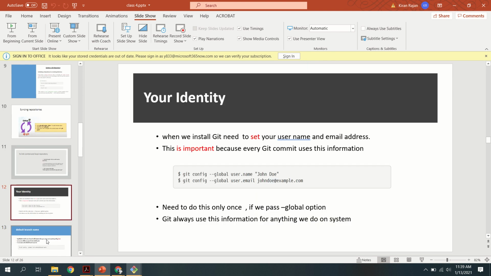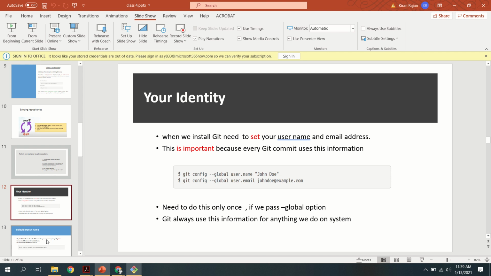And the next thing is that suppose you want to give your identity to your local machine. Whenever you created a central repository, that is, when you created an account in GitHub, there you specified your details like your username, your email address, etc. because that information is used by GitHub in order to identify you as a person.